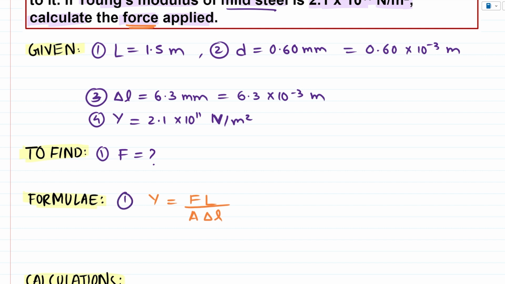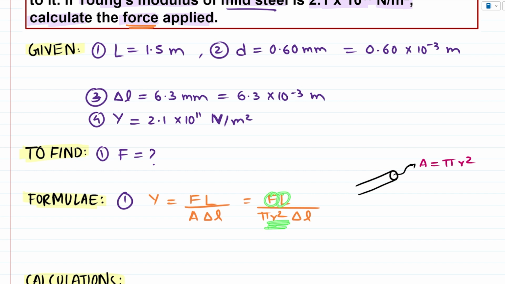बट यहाँ पर एक चीज़ है, हमें क्रॉस सेक्शनल एरिया यहाँ पर कहीं पे भी गिवन नहीं है, बट नॉट टू वरी बिकॉज हम बात कर रहे हैं वायर के बारे में. तो वायर इज इफेक्टिवली अ सिलेंडर, एंड सिलेंडर में हमारा जो क्रॉस सेक्शनल एरिया होता है, दैट इज ऑलवेज द एरिया ऑफ अ सर्कल, विच वी कैन इजीली कैलकुलेट यूजिंग द फॉर्मूला पाई आर स्क्वायर. सो इसी फॉर्मूला का एक अल्टरनेटिव फॉर्मूला है, मेक श्योर यू कीप दिस इन योर फॉर्मूला बुक, F L, and A की जगह पे हम substitute directly करते हैं the formula to calculate cross sectional area, that is pi r square into delta L. Now if you see, हमारे पास almost सारे quantities available है,